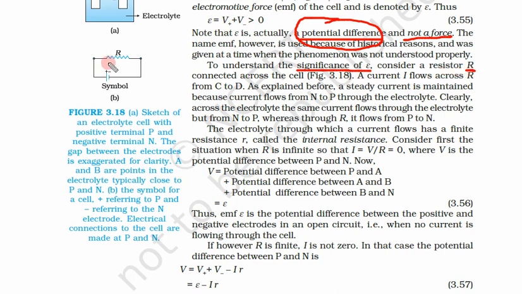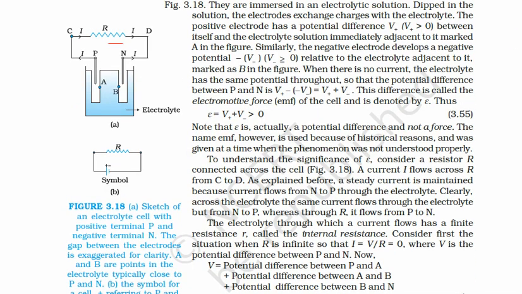There is a resistance R. This is the resistance R, and current I flows from C to D. So what does this mean? Let us again go back to the diagram. This is our diagram, and what is the description? So consider a resistance R. This is our resistance R, and that is connected to a cell P and N, connected to a cell as shown in this figure. Now current I is flowing in this resistor from C to D. So current is flowing in this direction. Okay.